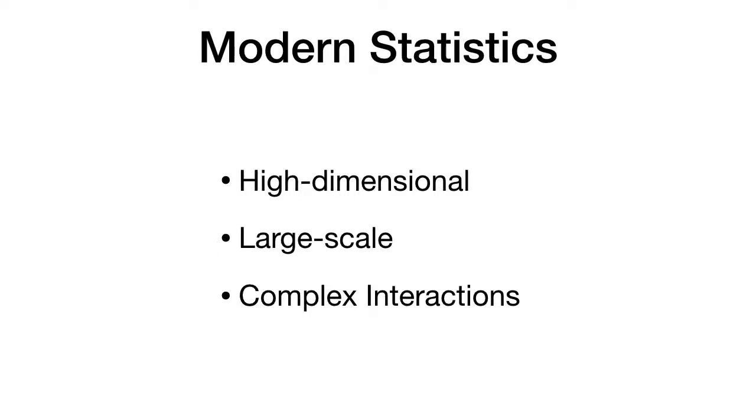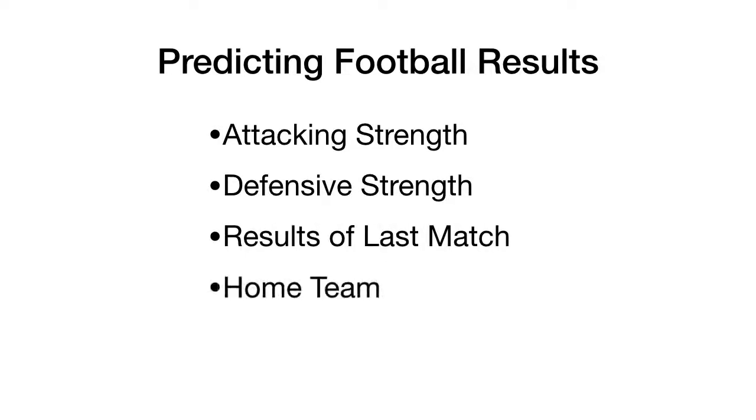For example, consider the task of predicting the results of a football match. A classical model for this is to think of each team as having some attacking strength and defensive strength ratings, potentially also adding in some simple indicators for form and which team is playing at home. This model certainly has an appeal in its simplicity, but is necessarily low-dimensional and doesn't particularly address the complexity of